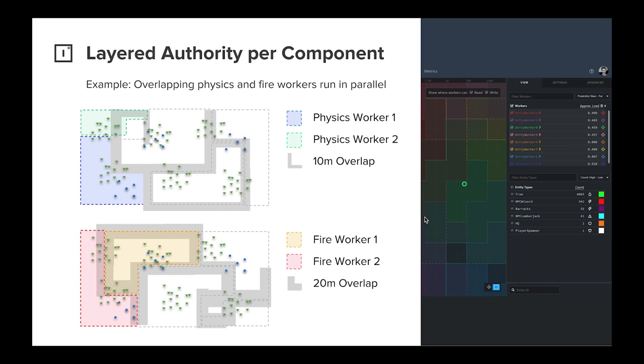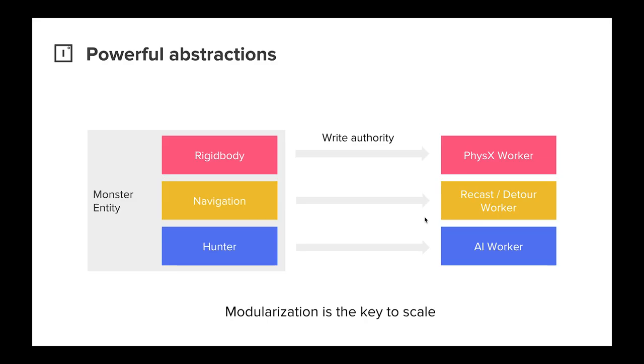You could imagine the contract between fire and physics being an asynchronous component update. You could do an integration test at that layer. But the really cool thing is that the fire worker could be developed in complete isolation from the physics engine. And if the physics engine breaks, it doesn't break the fire worker. So this sort of modularization, this breaking apart the behemoth, is what Improbable thinks is the future of the game engine. But the cool thing is that we're a mid-step as well, because we also support those game engines running in the cloud. So this is what we think the future of game engines could potentially be.